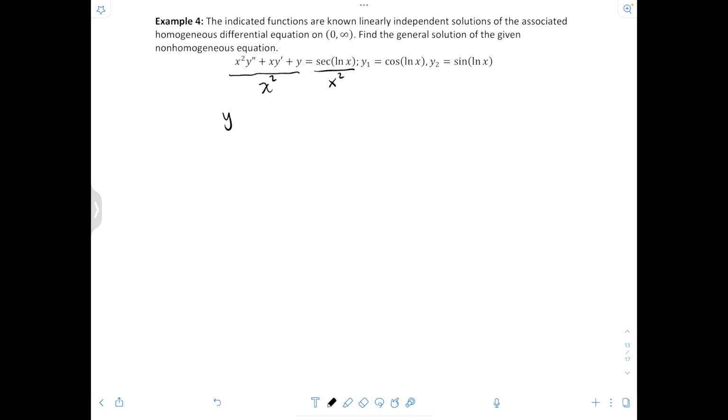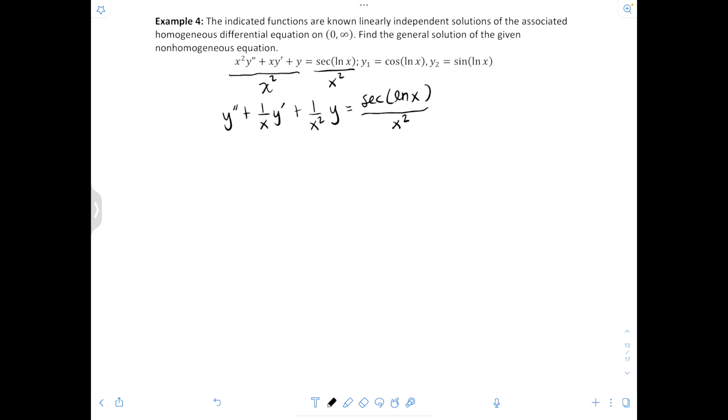So this is going to be y double prime plus 1 over x y prime plus 1 over x squared y is equal to secant of natural log x